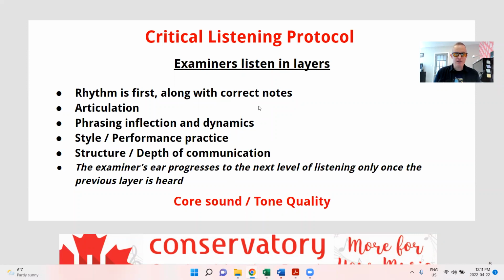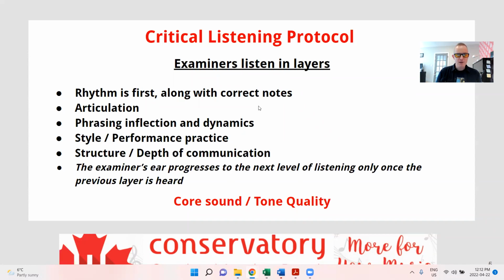And if those things are being met and it's convincing, then we're into the upper 80s in terms of an assessment, maybe even into the 90s, depending on the structure and the depth of the communication. Two things here, actually. Depth of communication gets back to core sound and the student's ability to communicate through all these other ideas. Are they able to communicate musically? It's something we're going to hear very strongly today in the student that we're going to listen to doing